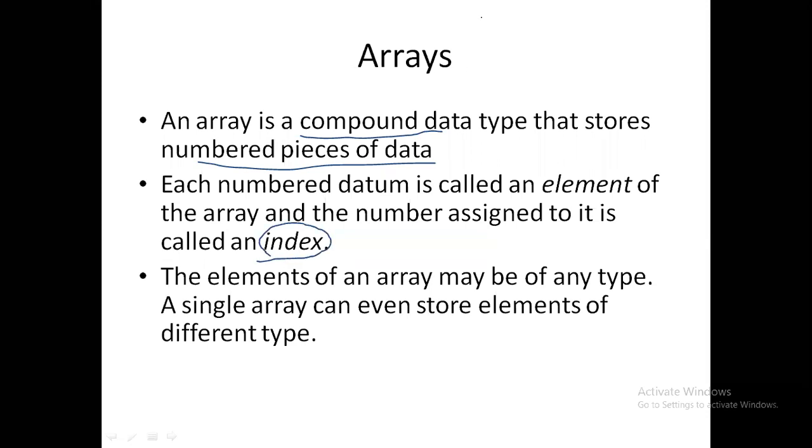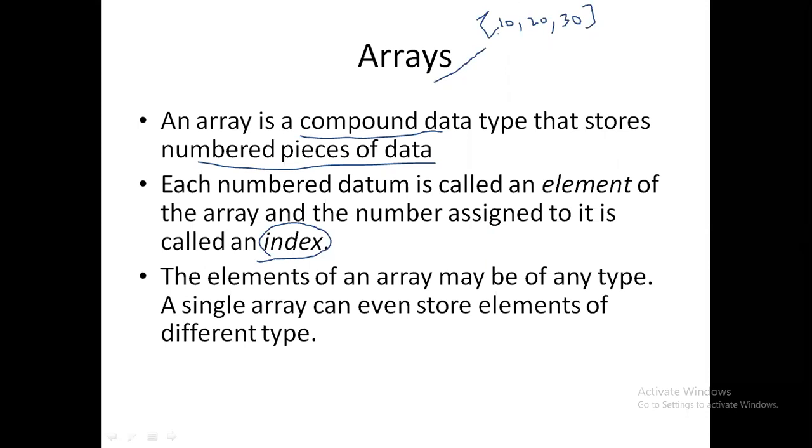For example, I have the values 10, 20, 30, like this. Similar objects are going to be stored in a common place. So this is the array concept. Now what do you find here? All of it is storing numbers, so it is an array of integer data type. If I have all characters, then it is an array of string characters.